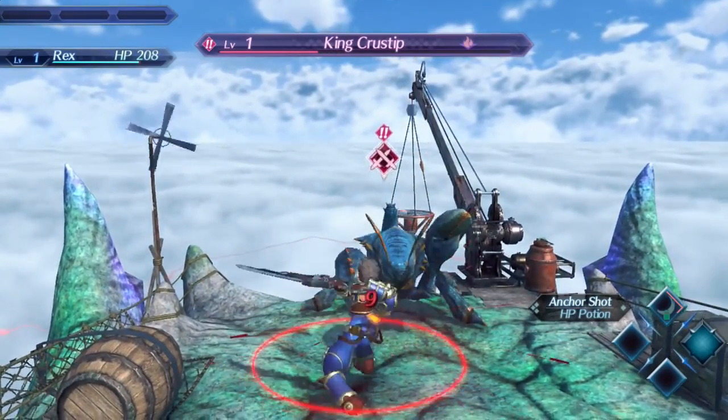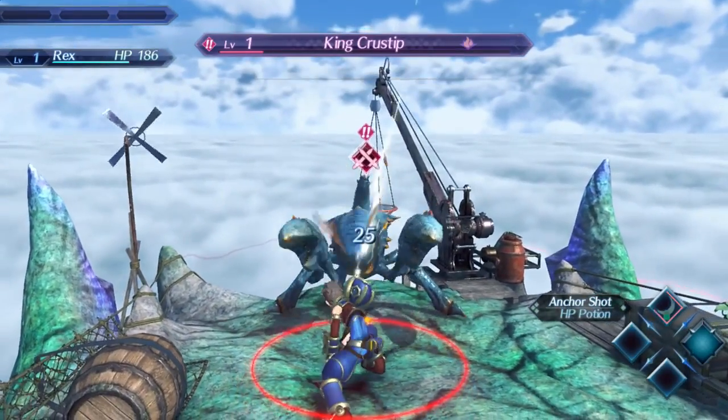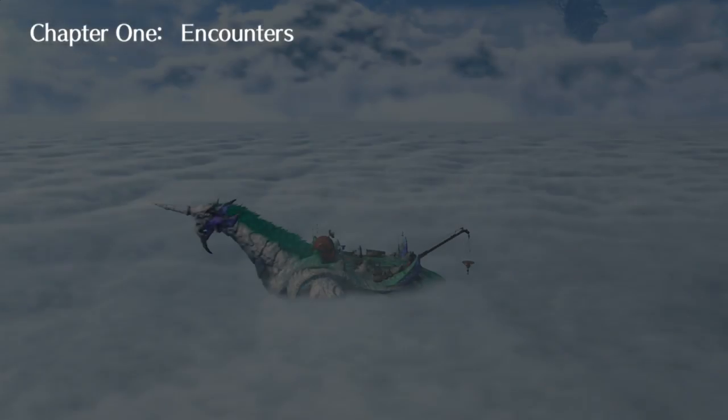It also seems like Rex will not attack if I'm in the process of moving around. He has to be standing still to auto-attack, which is definitely not the same as it was in other Xenoblade games, because I specifically remember, at least in the first Xenoblade Chronicles, because I've played that more recently than Xenoblade X, I remember...